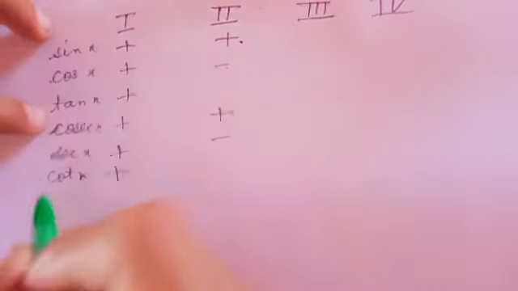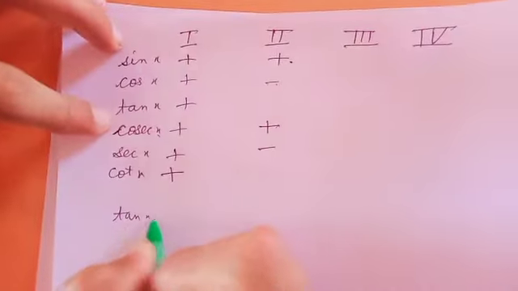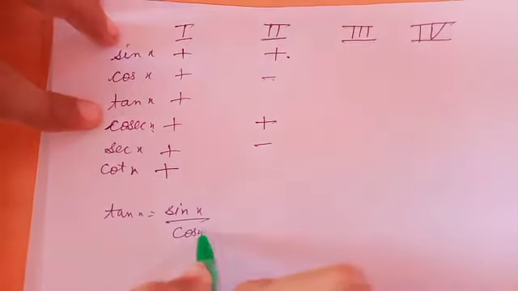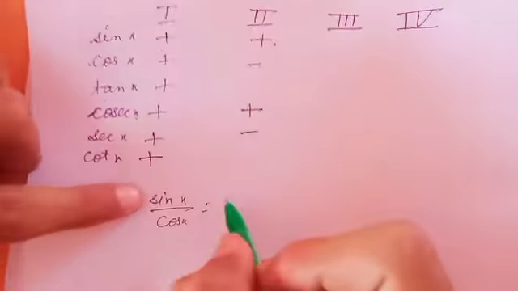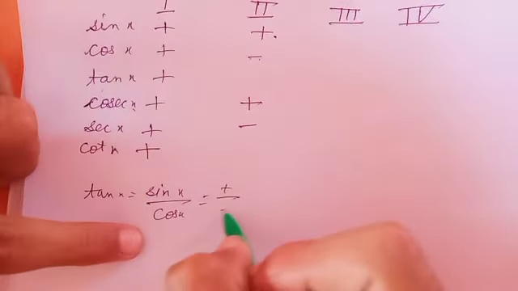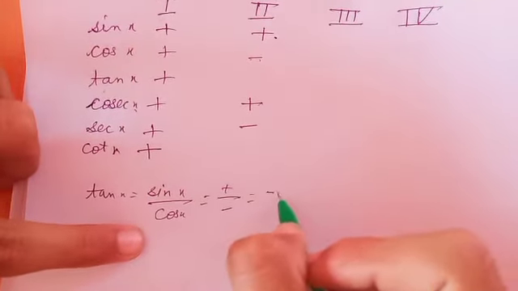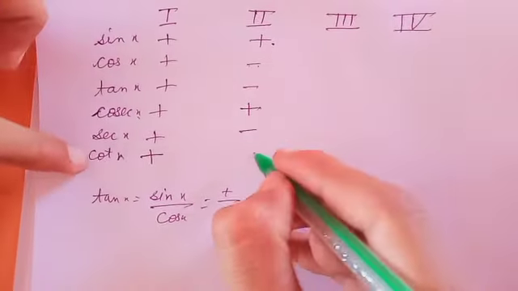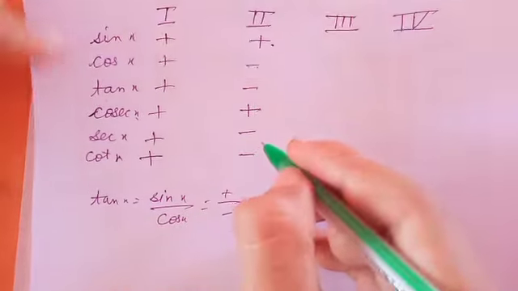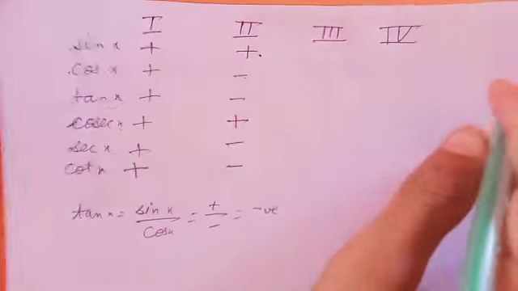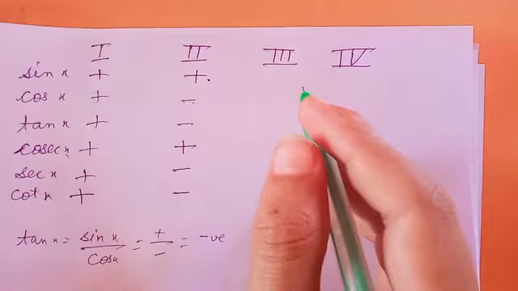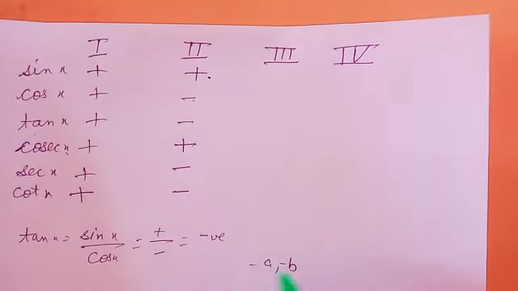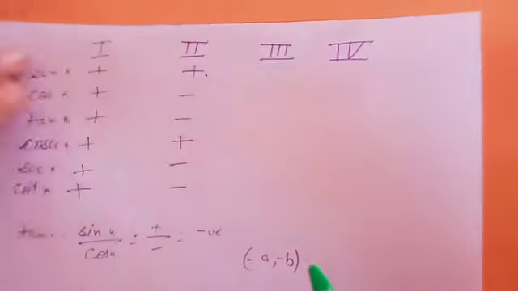And now if we talk about tangent, tangent x is sin x by cos x. But in the second quadrant sine is positive but cos is negative, so what we will get? A negative. So tangent is negative, and if tangent is negative, cot is also negative, because they are inverses of each other. Now we talk about the third quadrant. In the third quadrant both A and B will be negative. If negative, our sine will be